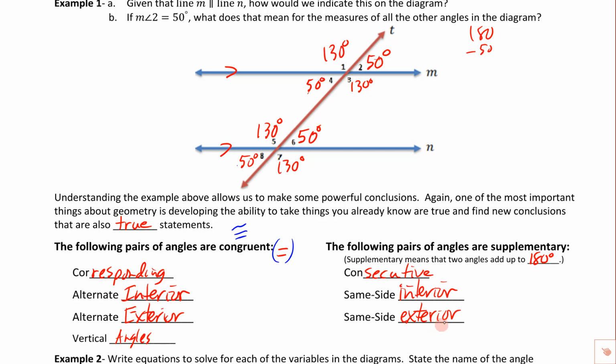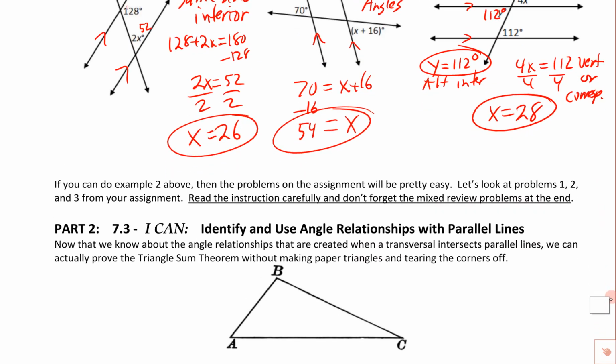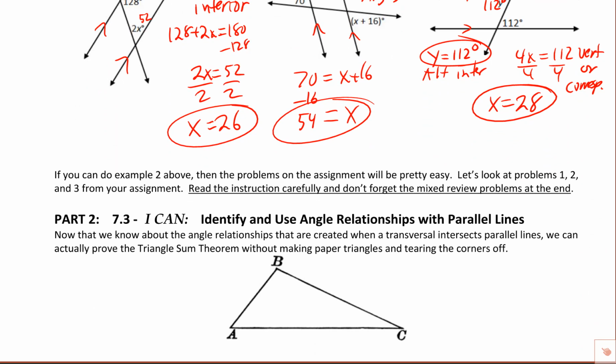And then we've got same side exterior. Same side exterior would be like angle 1 and angle 8, and take a look at those, 130 and 50. They add up to 180 degrees. They're definitely supplementary. So they're either going to be congruent in this list right here, or they're going to be supplementary in this list right here. Again, we don't use consecutive as often as we do these other two, but it is a good thing to keep in mind. So I'm going to come down here and let's talk about this proof of the triangle sum